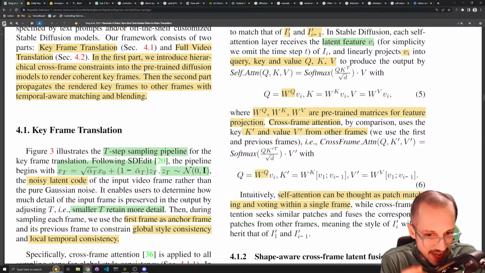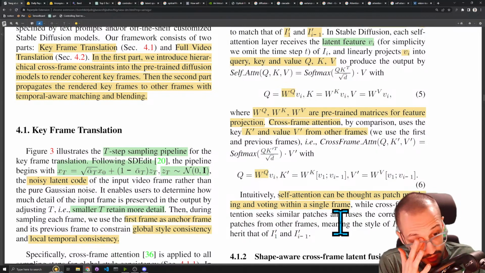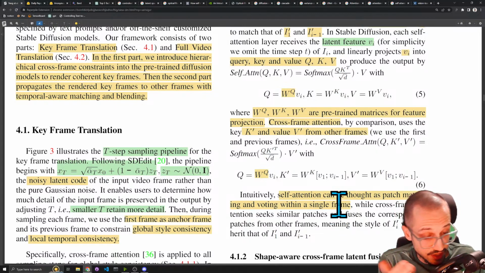So patch matching, that's the matching that they're talking about, because the patches are paying attention to themselves, and so the ones that are similar to each other are going to activate highly. But it's within the single frame because it's paying attention to itself. And then in cross frame,